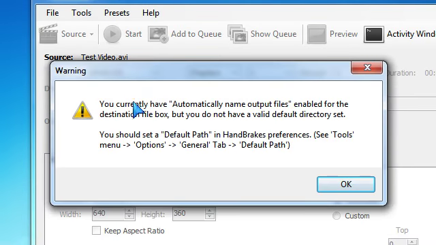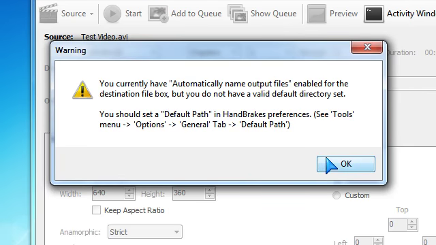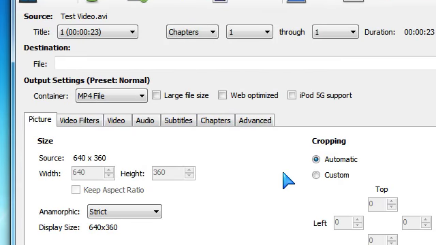When you get a warning, you currently have automatically name output files enabled for the destination file box, but you do not have a valid default directory set. You should set a default path in Handbrake's preferences. See Tools menu, then go to Options, then General tab, then Default path. But that's fine. You won't need to do that.